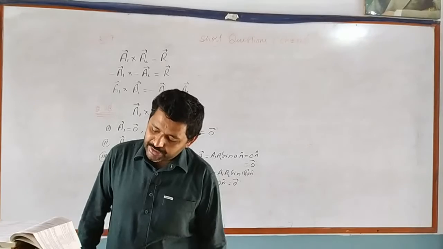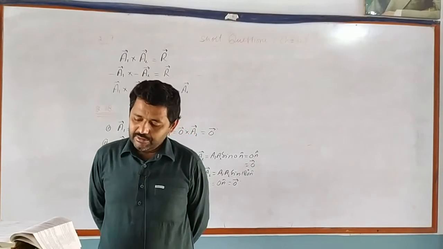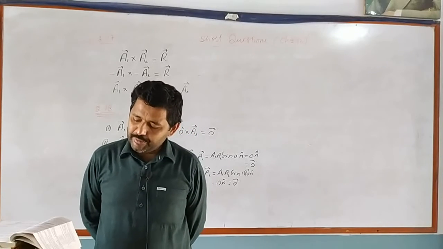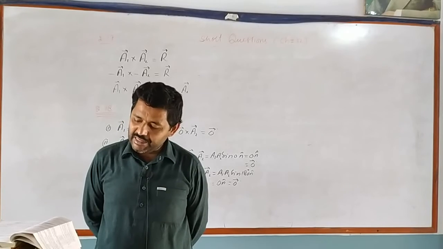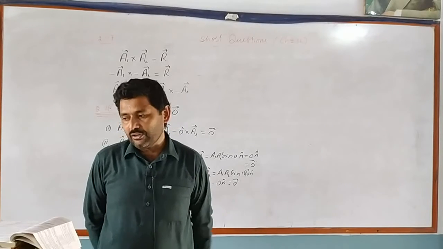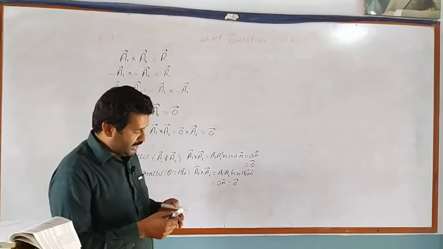Question number 19, identify true or false statement and explain the reason. Number 1, a body is in equilibrium implies that it is not moving, not rotating. Question number 19 is,